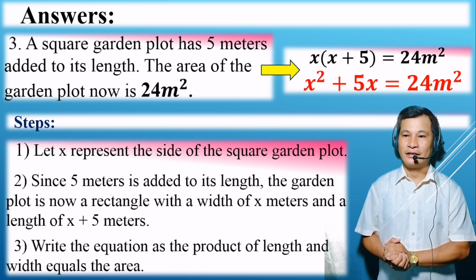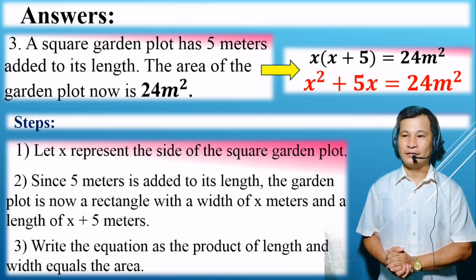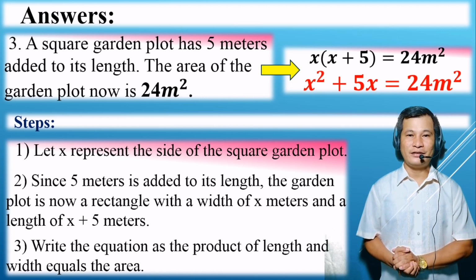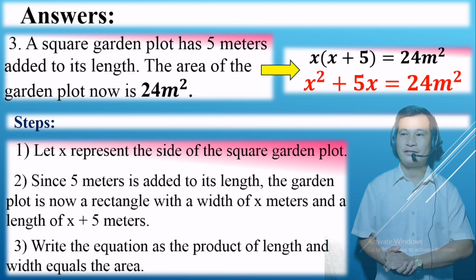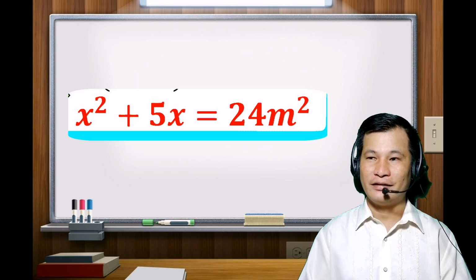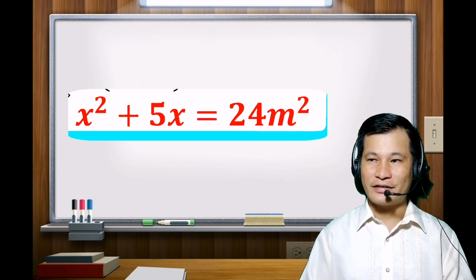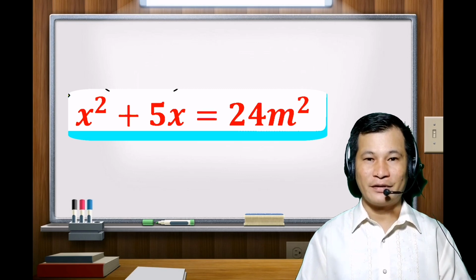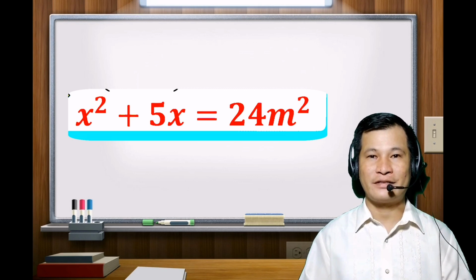Number 3, write the equation as the product of the length and width equals the area. So here's the answer. x squared plus 5x equals 24 square meters. Let us have the illustrative